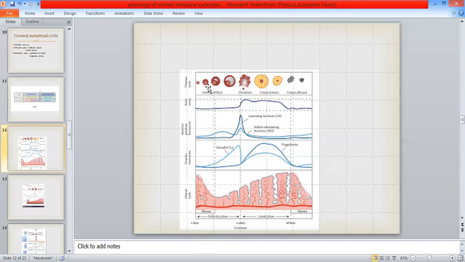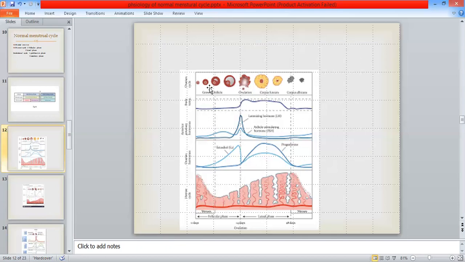This follicle contains two cell types. One is the theca cell and the second is the granulosa cell. The theca cell responds to the luteinizing hormone, and the granulosa cell responds to follicle stimulating hormone. The luteinizing hormone acting on the theca cell will produce the androgen,